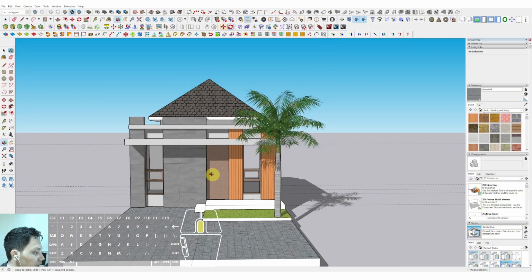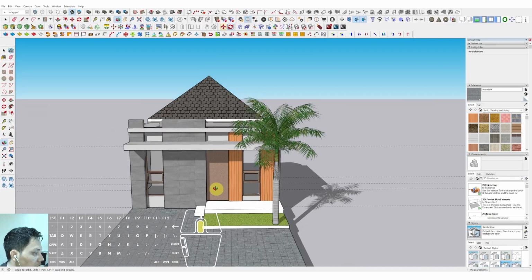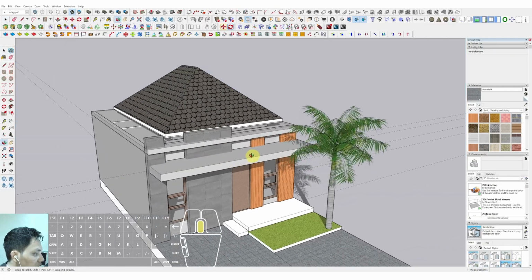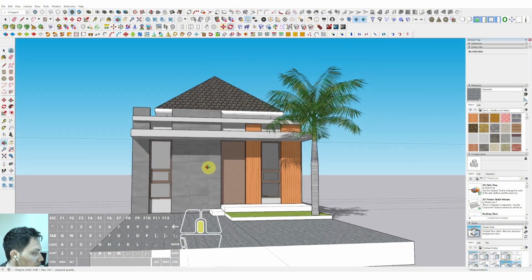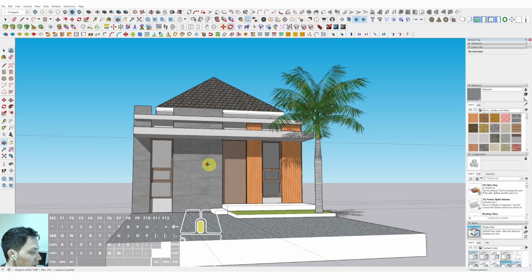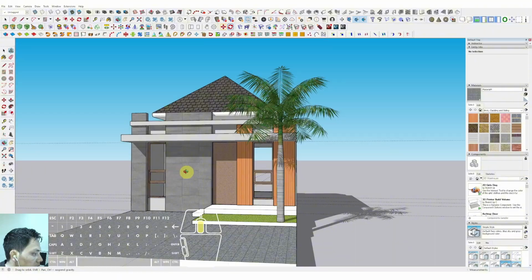Okay, thanks for watching. I hope it will be a lot of benefit to all of you, and you can see about the floor plan of this house to learn about making the floor plan. And maybe it's not totally complete, but you can exercise with your own room to create it